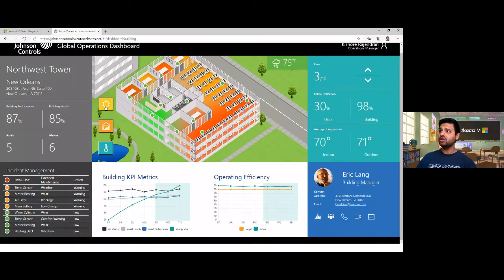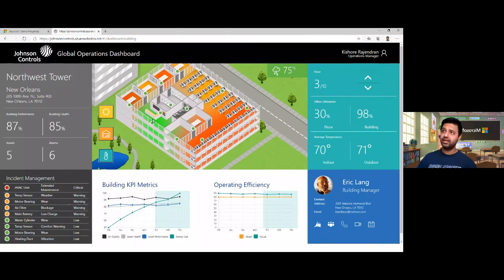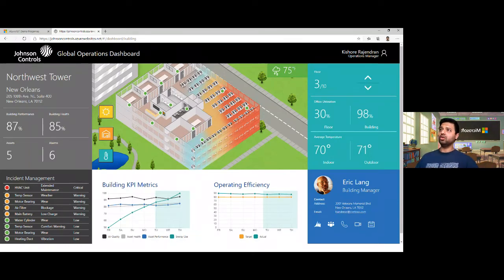We can also take a look at what will happen if there is too much sunlight coming into the building. So this is telling me that sunlight, if it comes from any part of the building, this is where the most users will be affected with sunlight hitting their monitors, so they don't get a very good experience because there will be reflections on the screen. However, users in this part of the area will not get a lot of sunlight coming in, so we can do some modeling there.